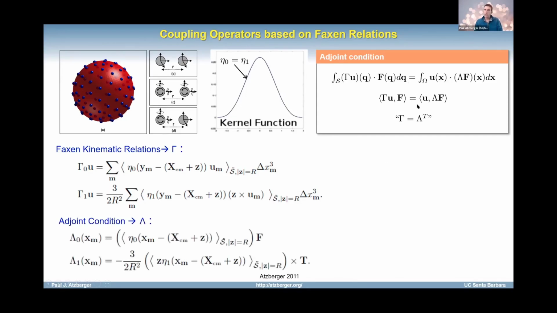And then what we can do is use the adjoint conditions now if we want an active model where we've applied forces or torques to these particles. And so the adjoint relations then give us, for whatever our quadrature scheme is, the appropriate spreading operators so that we balance, that it's non-dissipative, that it balances what I showed on the previous slide. So for my gamma, I've leveraged that to derive the lambda.